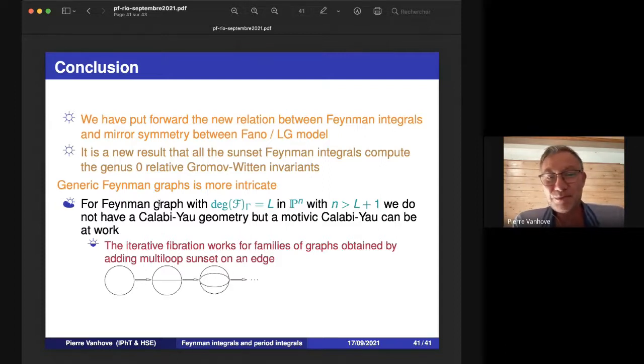But as you can see, even in the simpler case of a graph polynomial where the degree is correlated to the number of variables in projective space, already the geometry is non-trivial. It's very rich,